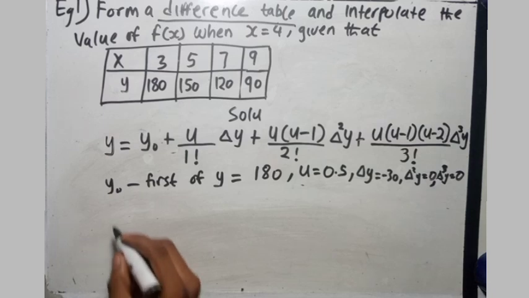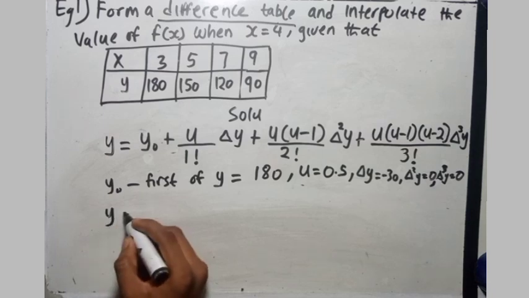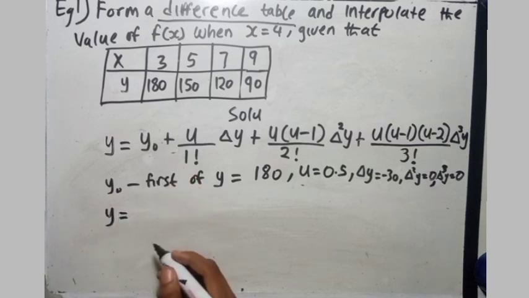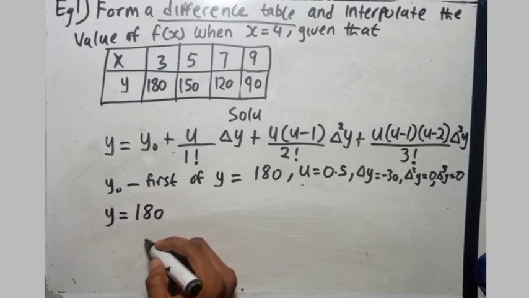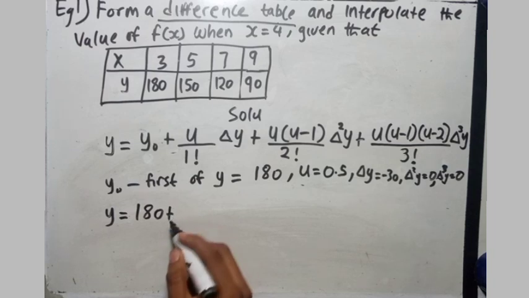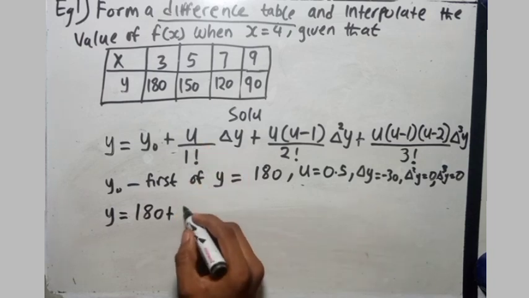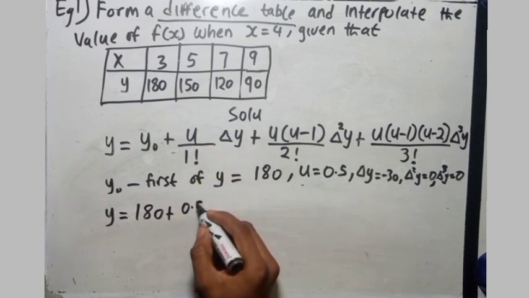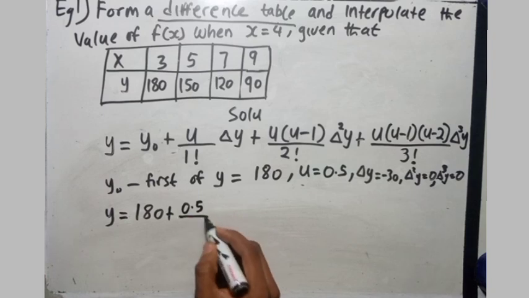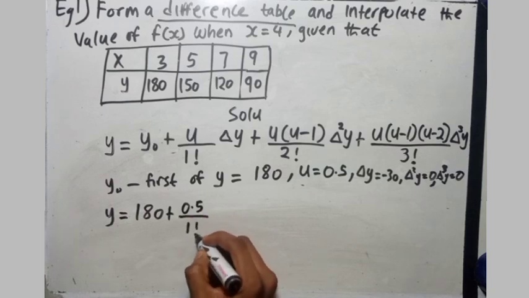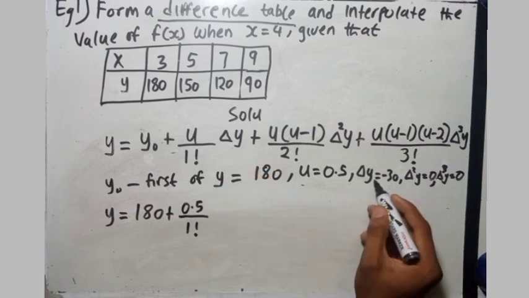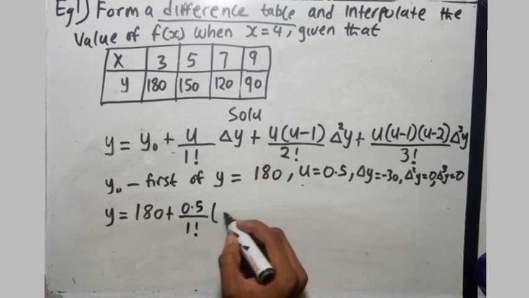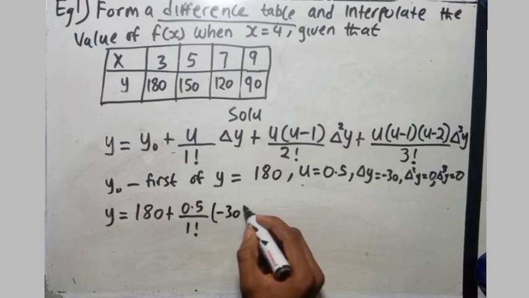For our y, the first y value is 180, like we said. Now we will add this to our u being 0.5 over 1 factorial, and multiply it by our first change in y being minus 30,